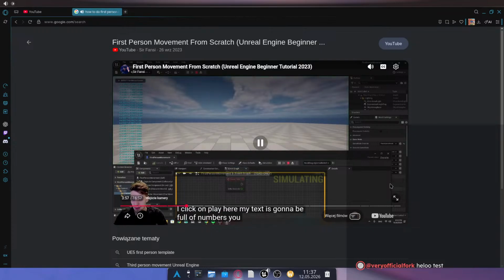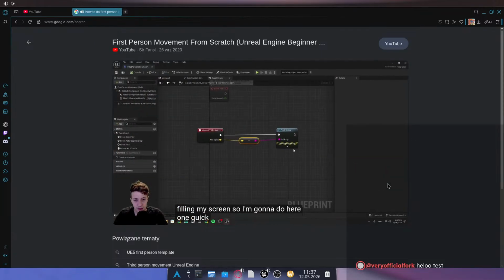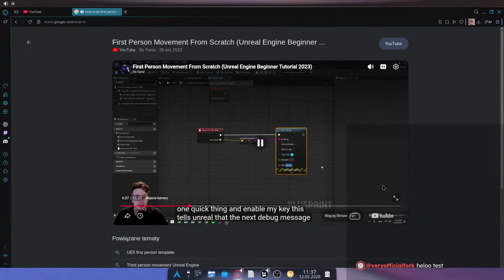full of numbers. You can see it's changing. It's kind of difficult to see what the hell is happening if it's filling my screen. So I'm gonna do here one quick thing and enable my key. This tells Unreal that the next debug message that will be printed should replace the previous one and not to add a new one on the screen. So let's call it mouse axis. Now